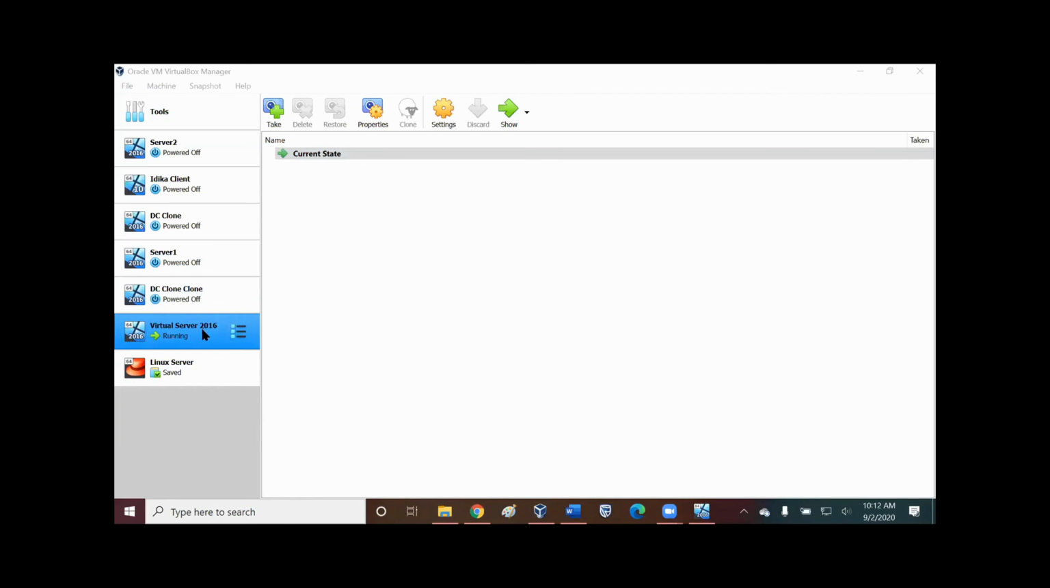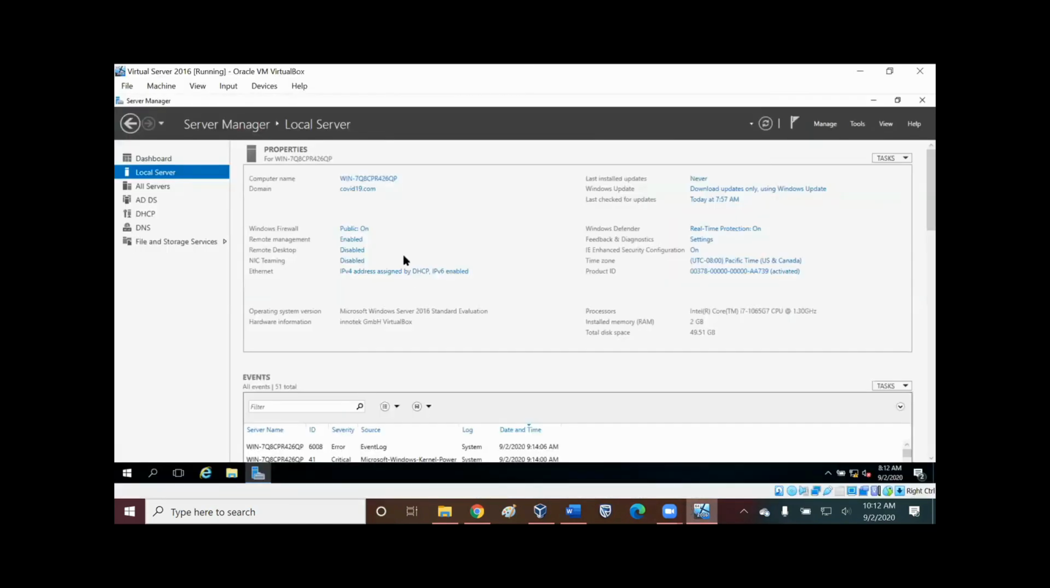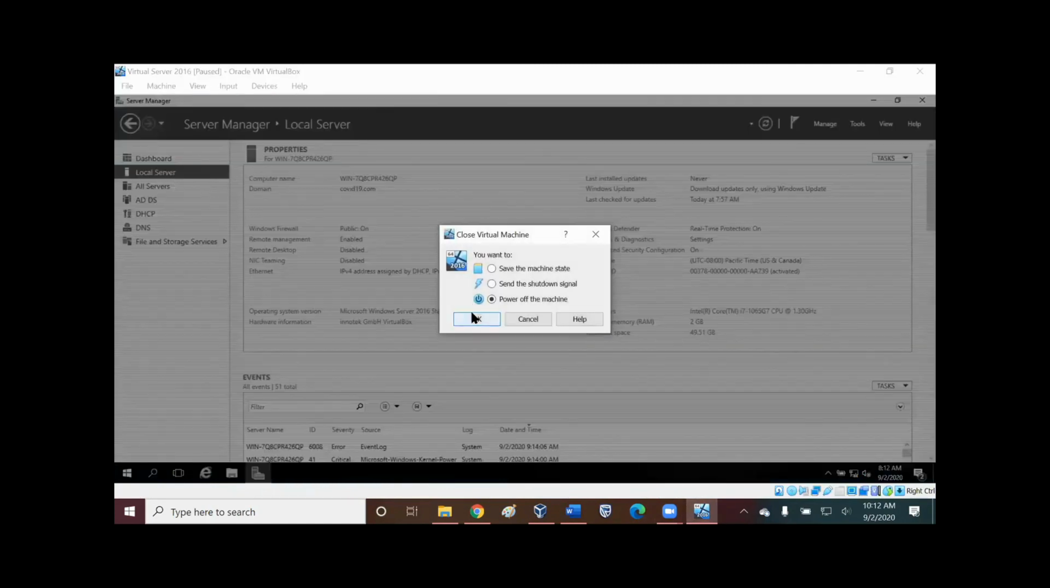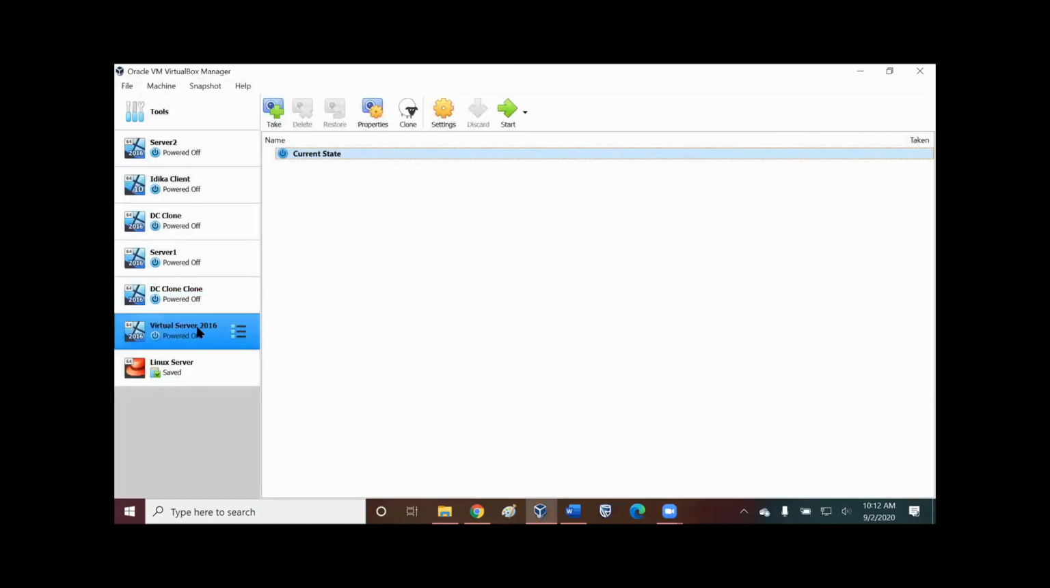You right click. It's running now. We may not be able to do it, but I can switch it off. Let me switch it off so I can complete. So this is my server. I go to file, I go to close, and I say power it off. It's powered off. You see here